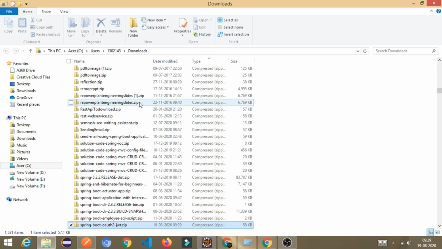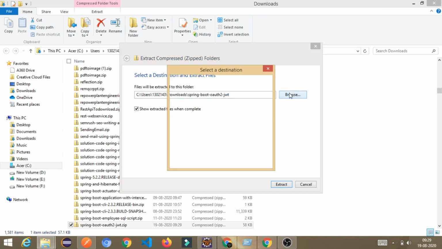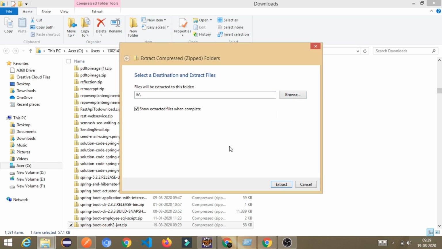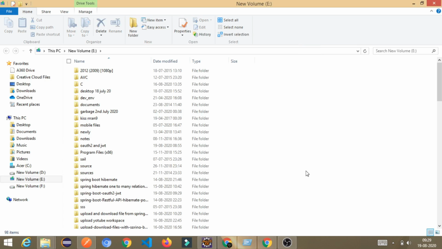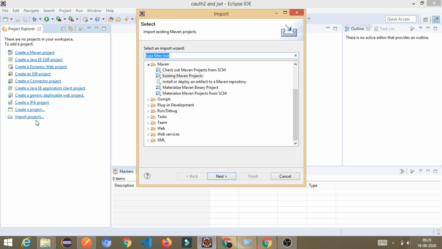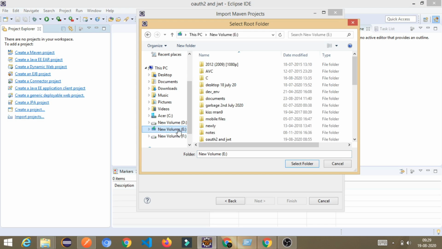Just open it in the folder and unzip it. Once you have unzipped it, import it into your Eclipse or the IDE you are using. I'm just using Eclipse. You can use any of your favorite IDEs.